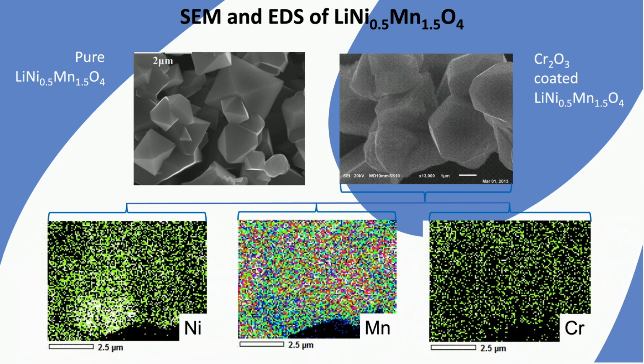With EDS, elemental analysis can be done. The coating shows indeed to contain chromium. The coating itself is thin and allows the electrons to penetrate and touch the underlying material. This underlying material was lithium nickel manganese oxide, which can also be verified with this measurement.